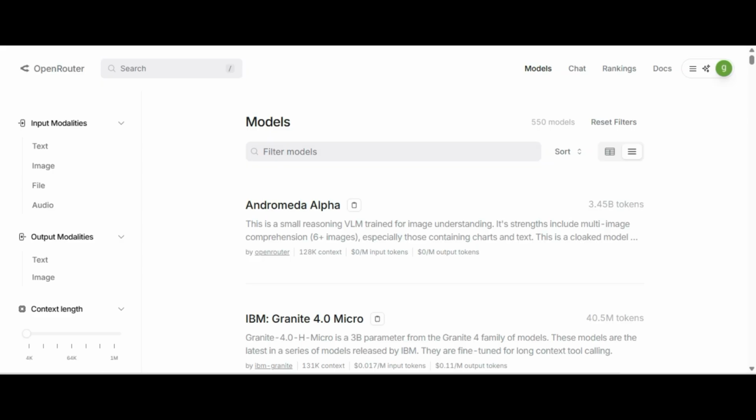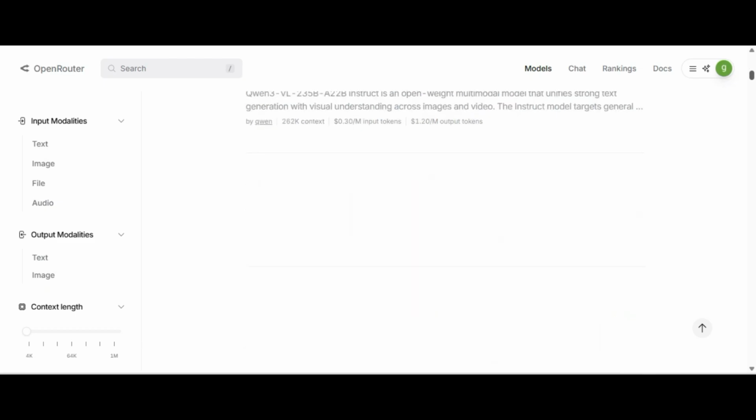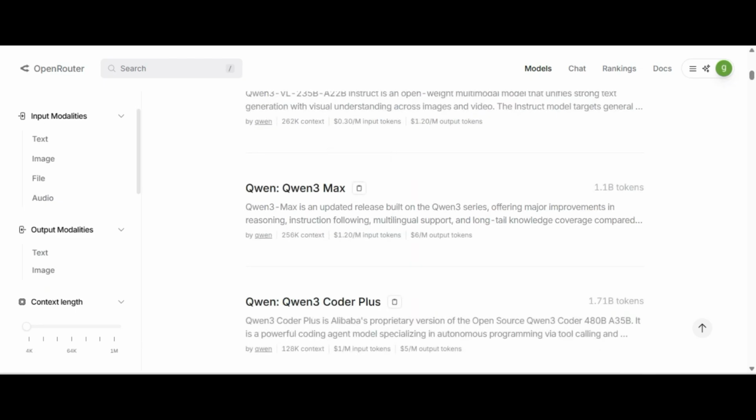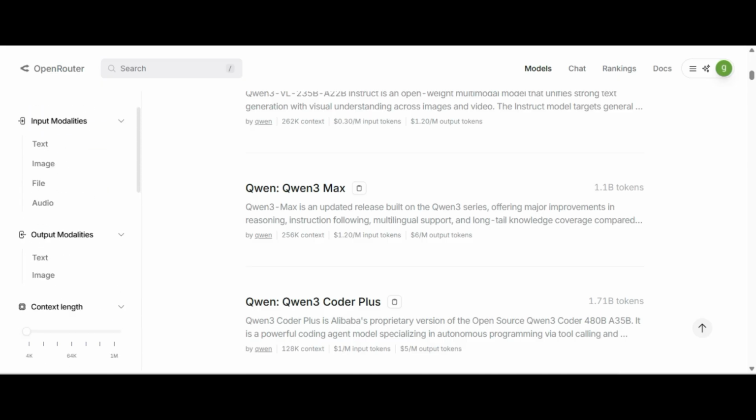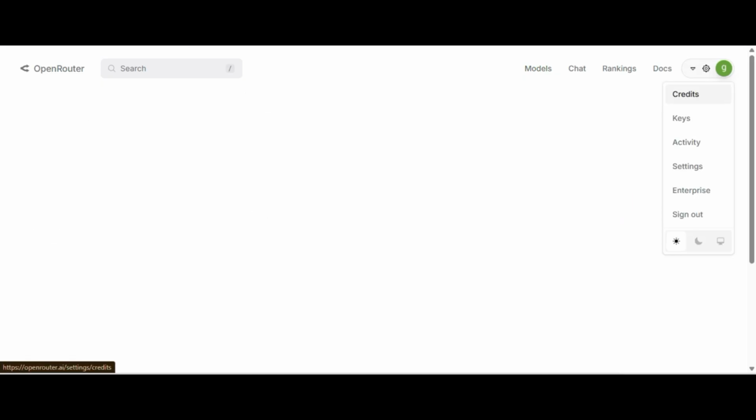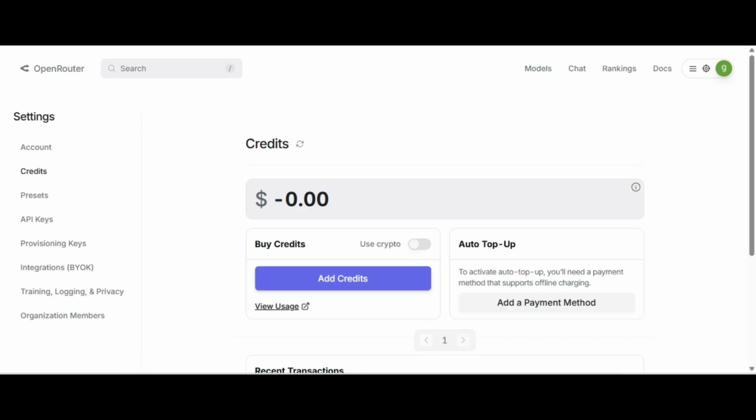But in OpenRouter you can select multiple models and test multiple tools, because you can see all company models: GPT, Claude, Gemini, DeepSeek, and others. If you are satisfied, you can buy credits. But now I have no credit, so for you I only use the OpenAI model, because I have better experience with OpenAI, but you can select anyone.